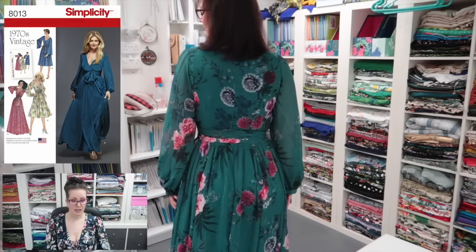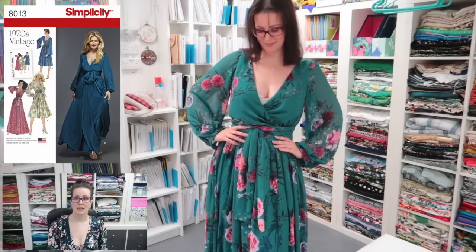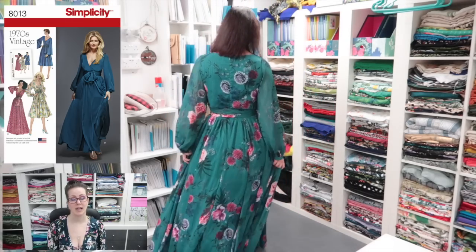But yeah, so this fabric was from the Textile Centre. It was a £3 per metre chiffon and I bought 10 metres of it. It was always intended to be this dress. It was wearable muslin fodder for this dress because the very lovely Alexandra has sent me 10 metres of a beautiful viscose from Spotlight to recreate this Pinterest dress. The minute I looked at this Pinterest dress, it immediately made me think of this pattern. Having looked at the Pinterest dress again, it makes me think far more of the Deer and Doe Magnolia pattern,